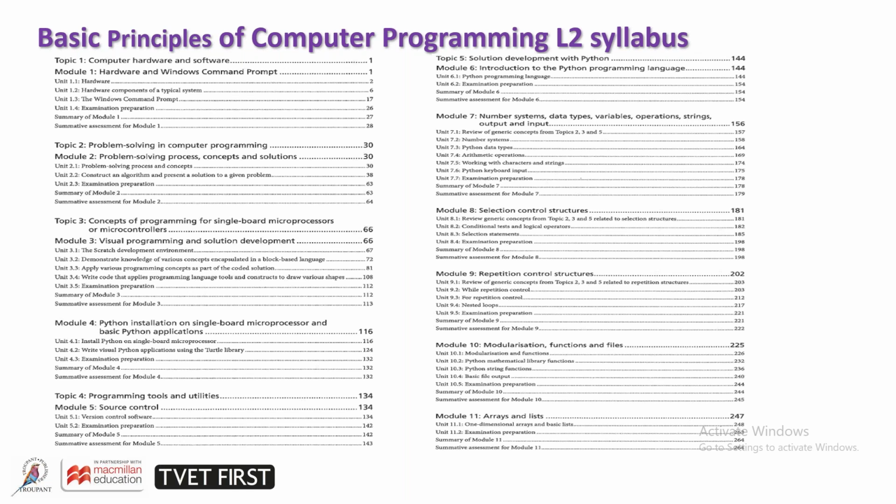Things like what are variables, what are data types, how do we get input, how do we display output, selection control structures, very important concepts, and also the repetition control structures. So a lot of emphasis went into those modules to ensure that students understand those concepts. Because of that, we took out things like string functions, which was earlier on in the curriculum guideline, and we moved it to a section that deals with functions. That way it made more sense to be grouped together in that manner.